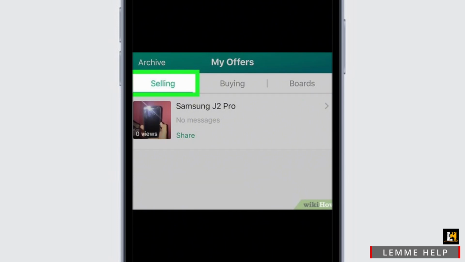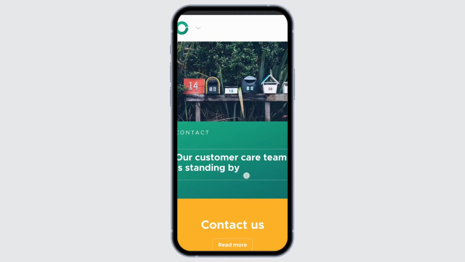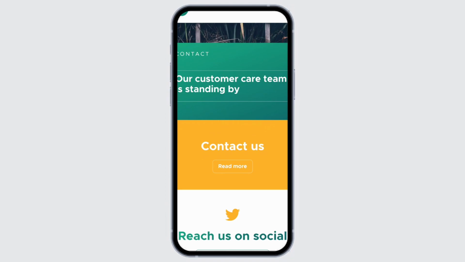If you face any difficulty regarding this, there might be a bug issue. For that, you can go ahead and clear the cache of your OfferUp application, or just go ahead and check out the OfferUp support. And that is how you can easily delete your post on